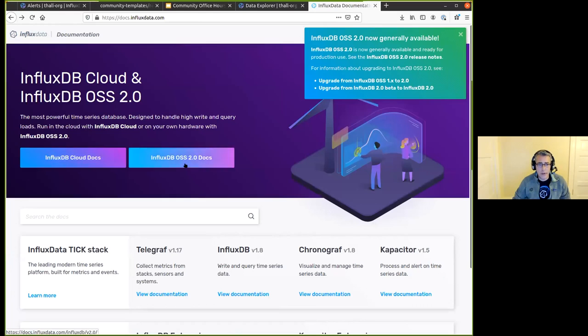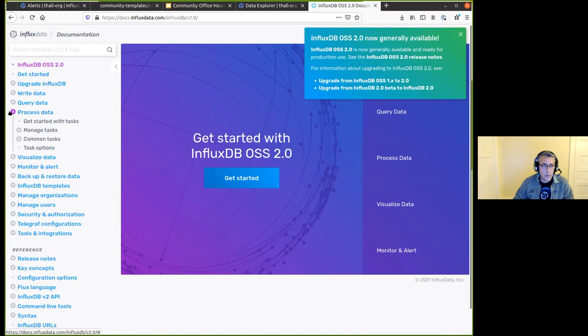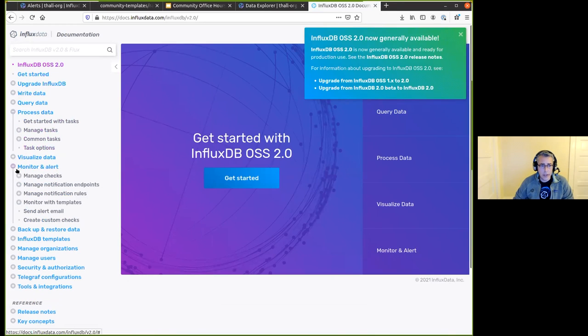So first there's the separation of the two. So you've got cloud docs and 2.0 docs. And if I click in there, you'll see under process data, there's how to get started with tasks, which I was showing at the end. And then under monitoring and alerting, it talks more about checks, notifications, rules. And there's even some examples of how to set up